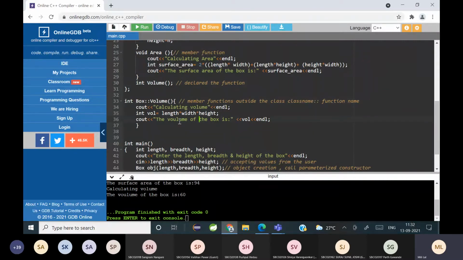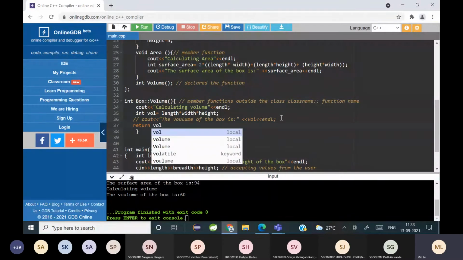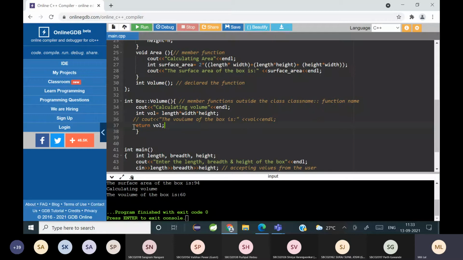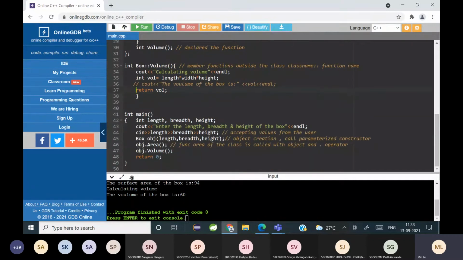And I want to return a value, so I will write return, and what am I returning? I'm returning volume. So where is this volume returned? It is going to be returned to the place where the function is called. So where have we called the function? We have called the function in line number 47. So here I have to write this statement.